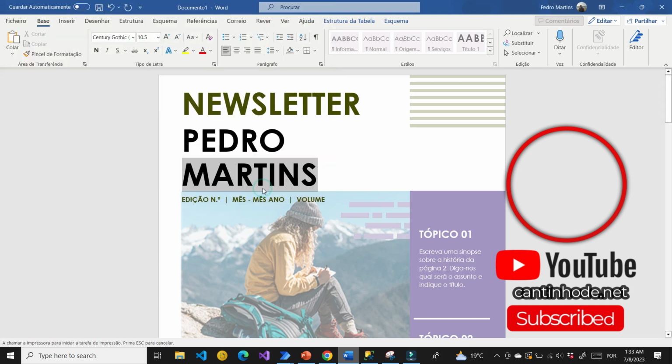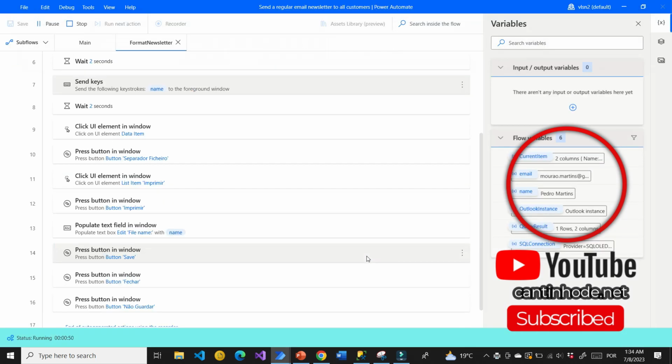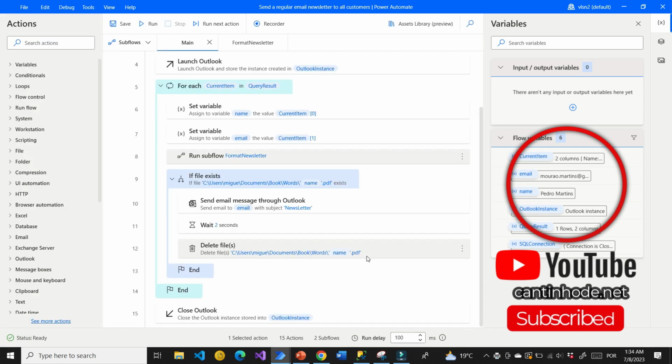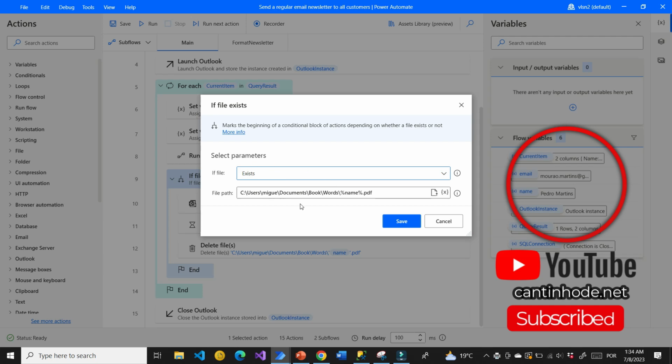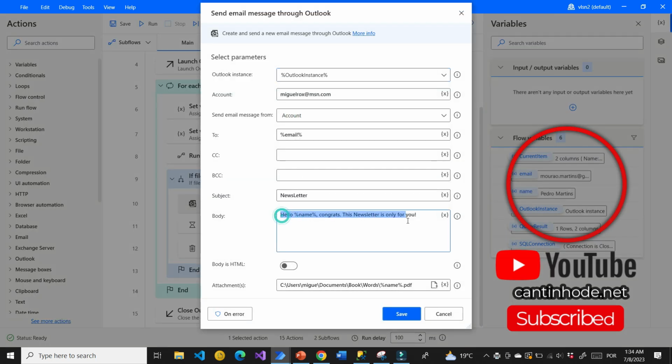Save that, and after that, we'll close the word and not save the word, right? So after that, what we are doing is sending the email, attaching the file to that email, and deleting that file. I will show this. After the flow runs, he comes here and validates if the file exists. If the file exists, perform a send Outlook and send the body, hello, and give the name of the customer,